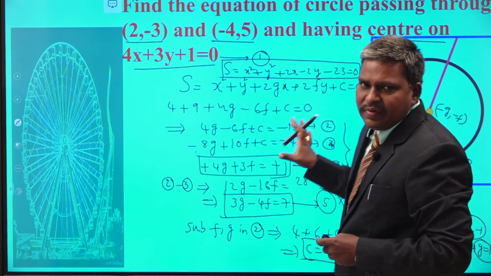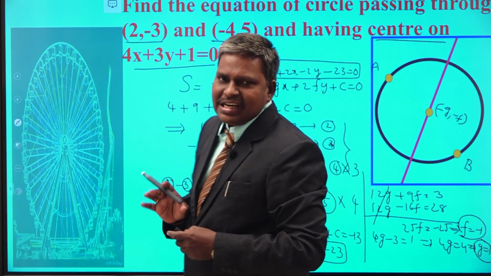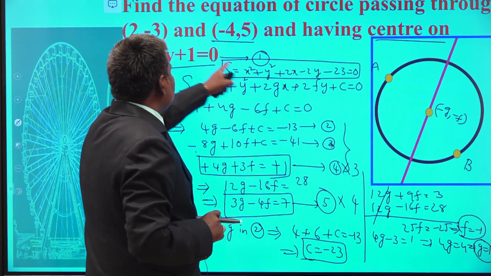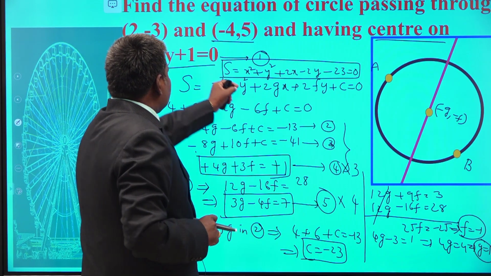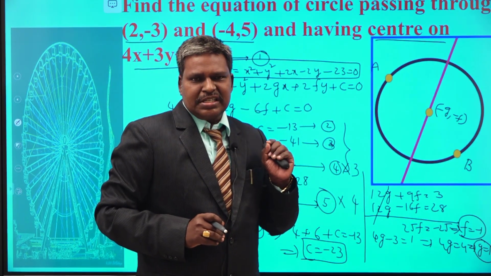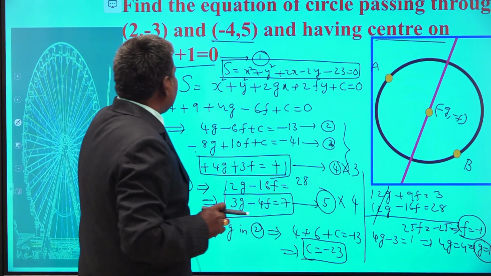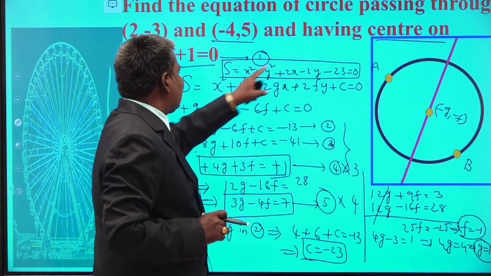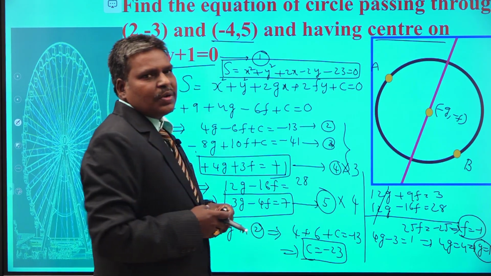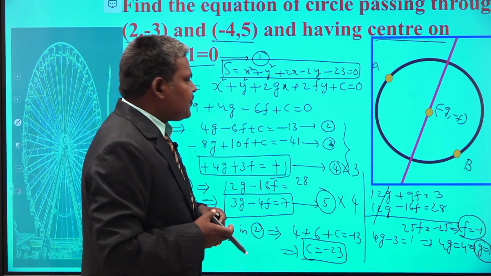But when you are solving these types of problems, the calculation part plays a very important role. If you substitute these points in your circle equation and make even a small mistake, the entire problem will be wrong. Understand? So when you are substituting the points, or substituting the center of the circle in this line equation, you have to maintain more concentration on your simplifications.